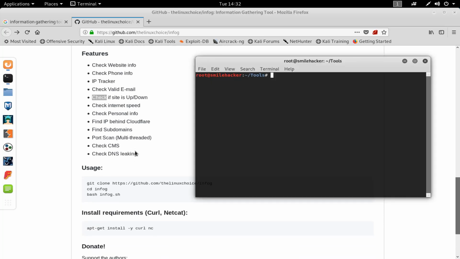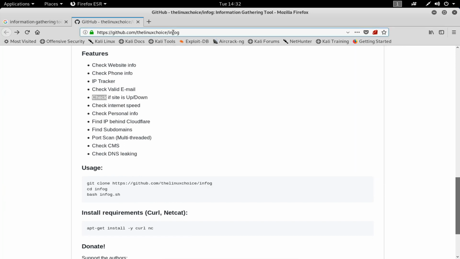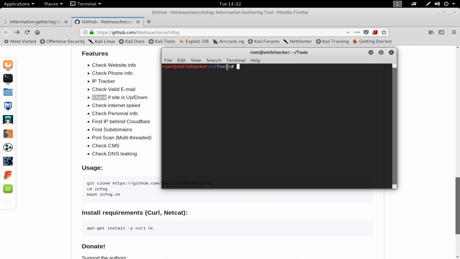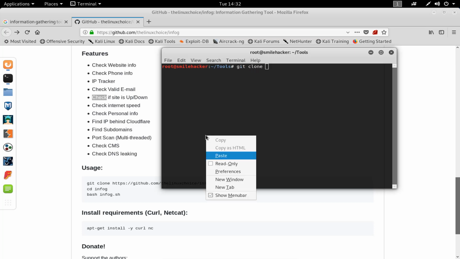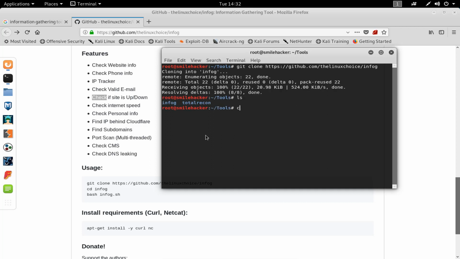So let's get started. First of all, we are going to clone this. Control C. So git clone and paste it here. We can see ls this, and cd space info, ls.